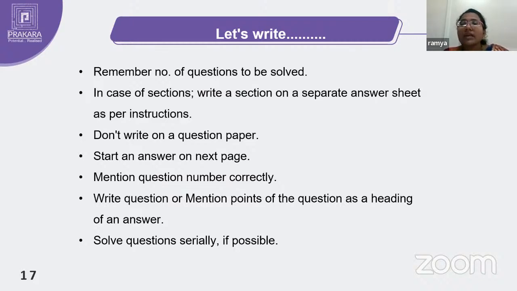So you are writing the 13th question. The 13th question is your essay answer. So if you are mentioning it as 1 or 2, it will not resemble the right answer for the particular question number. So that's the reason we should mention the question number correctly, or else you can write the question number, or